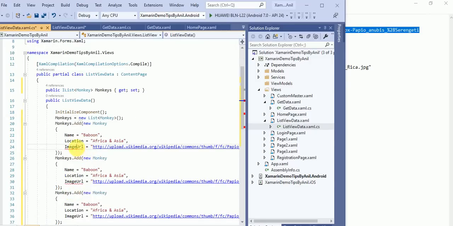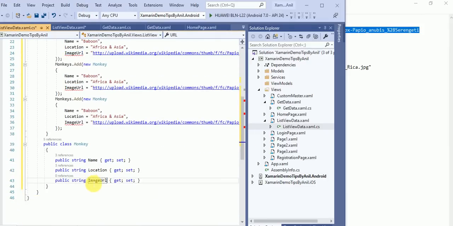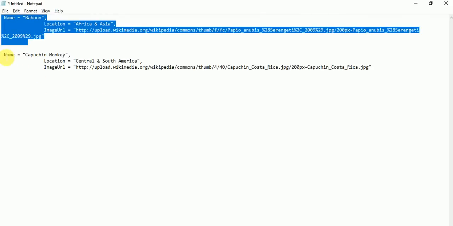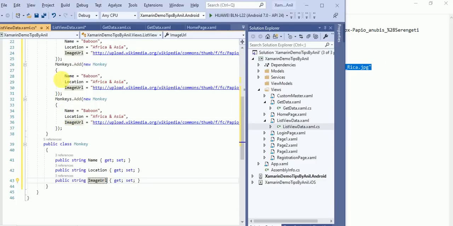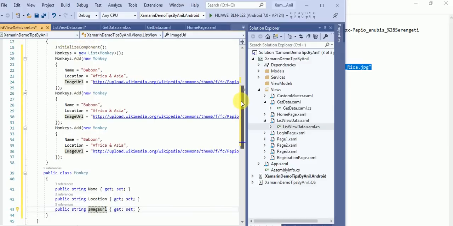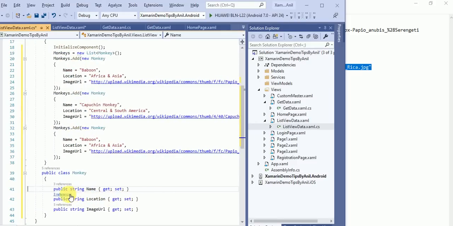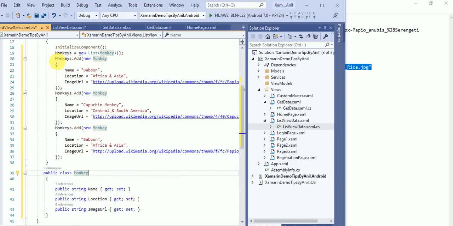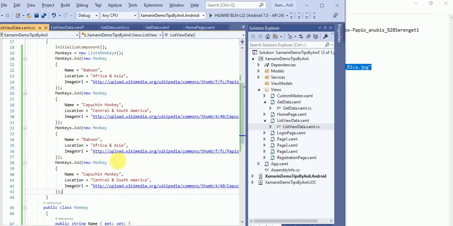Instead of image URL, we have to define it as ImageUrl, and this is the second. Let me take this again and paste over here. Cool. So we have four rows, four items.